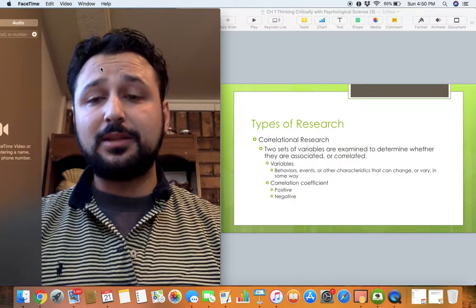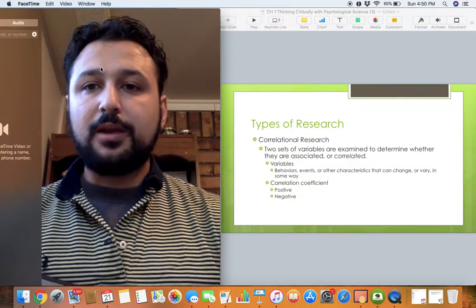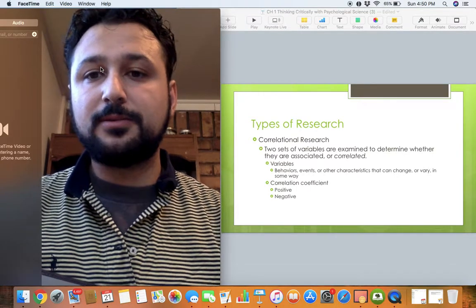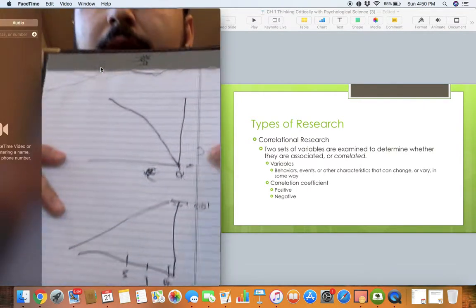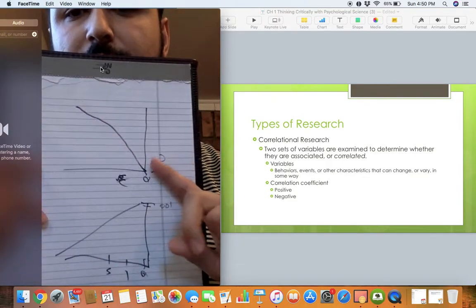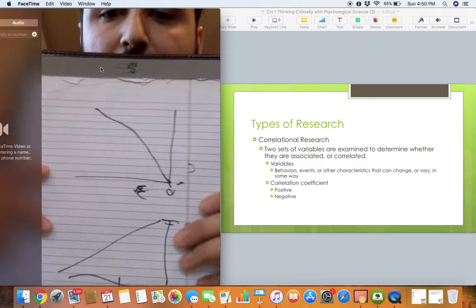Not necessarily meaning that the relationship's any less strong, it's just in reverse. So when we have an increase in alcohol, we have a decrease in driving performance, all right? So that's a negative correlation. So just because it's not going in the same direction as a positive correlation doesn't mean the relationship isn't as strong. However, if, for